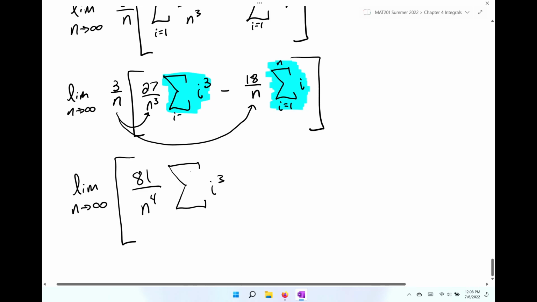And sorry, I forgot to write my i equals 1 to n for that first one. Minus 3 times 18, I think that's 54. So we're going to get 54 over n to the second times the summation